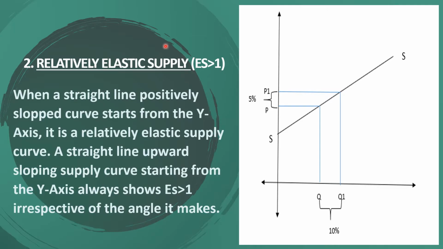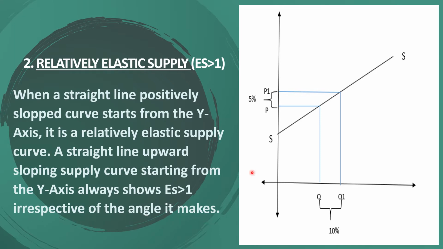Now moving on to the second type of elasticity of supply, which is relatively elastic supply, where elasticity of supply is greater than 1. Let us define it. When a straight line, positively sloped curve, starts from the y-axis, it is a relatively elastic supply curve. A straight line, upward sloping supply curve, starting from the y-axis, always shows ES greater than 1, irrespective of the